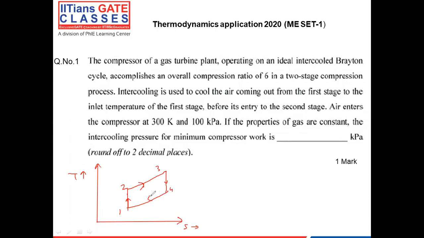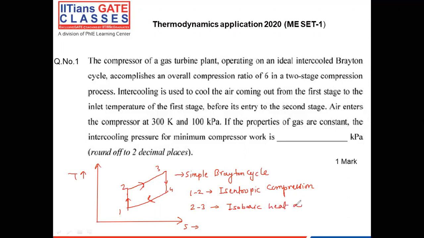It is a simple Brayton cycle, where 1 to 2 is isentropic compression, 2 to 3 is isobaric heat addition,